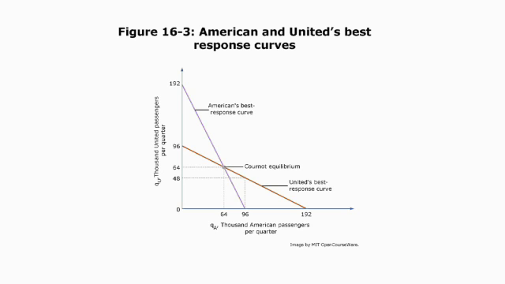It might be an equilibrium from your perspective. You're delighted, you're a monopolist. But not from my perspective. At that price, I'll come in and start stealing some of your business. As I steal your business, you are going to have to move up your best response curve, because your residual demand is shrinking. And you'll only reach equilibrium when you're both happy with the outcome. If only one firm's happy with the outcome, the other firm can always change its behavior, raise its price up or down or its quantity up or down to change the market share and change the outcome. So equilibrium will only be where you're on both firms' best response curves, where they intersect.